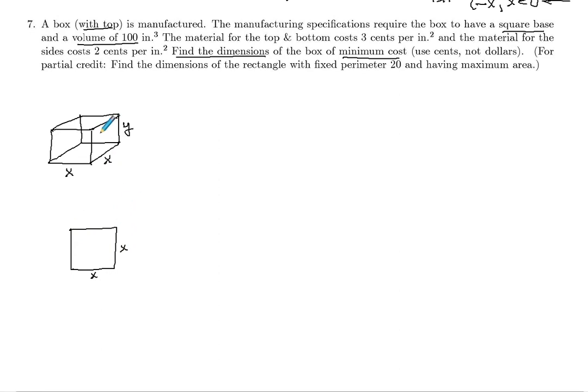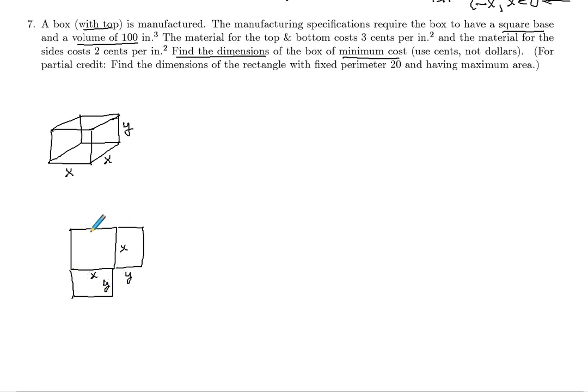And then if we took this side and folded it down, you'd have here x by y. And then this is y also, and this is y also. So the front, you fold that down,